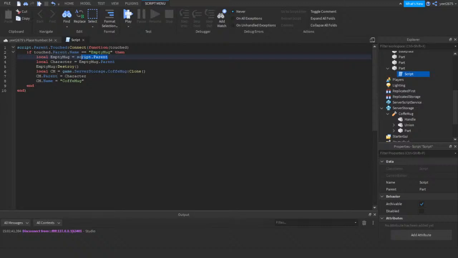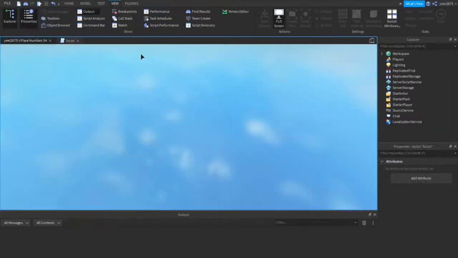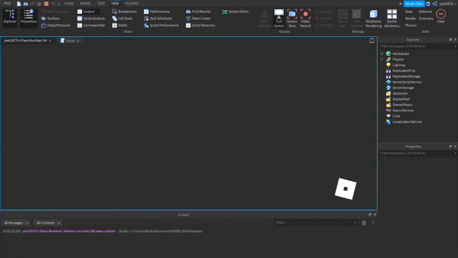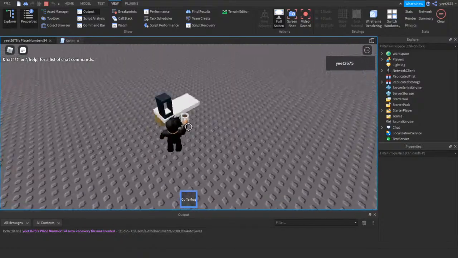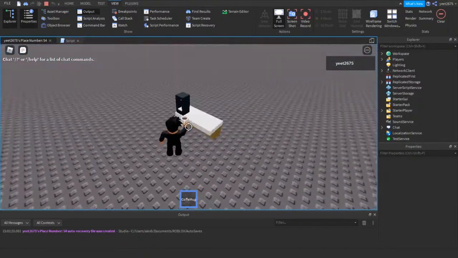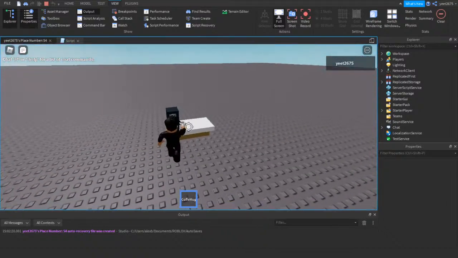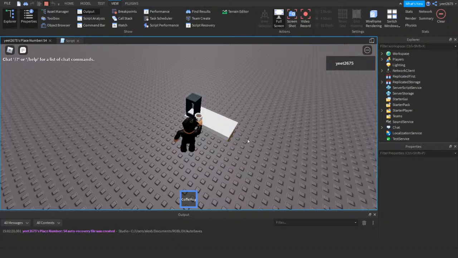Ah! Empty mug equals script.parent. That's wrong. It's character equals touch.parent, not script.parent. Otherwise it's going to destroy itself. So let's try again. And as you can see, we've got a coffee mug. But now we need to actually get the mug,